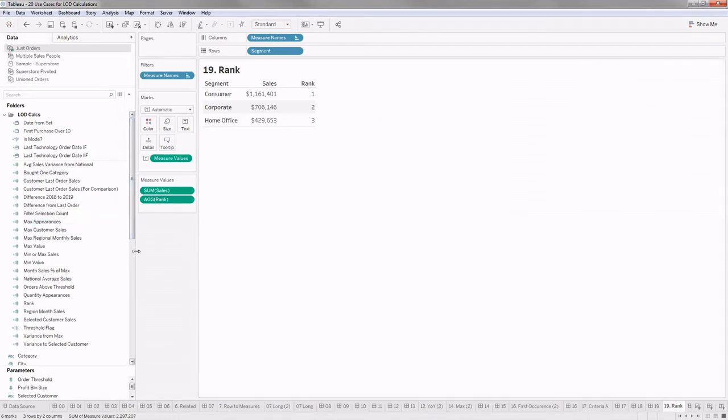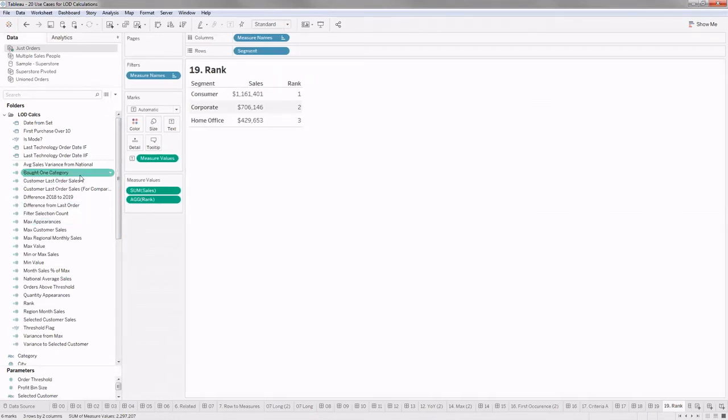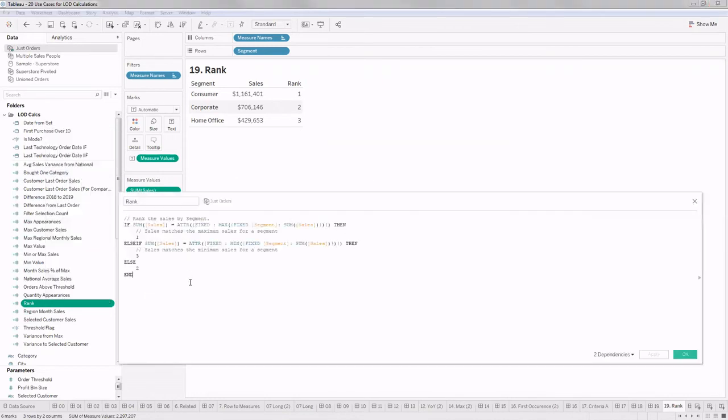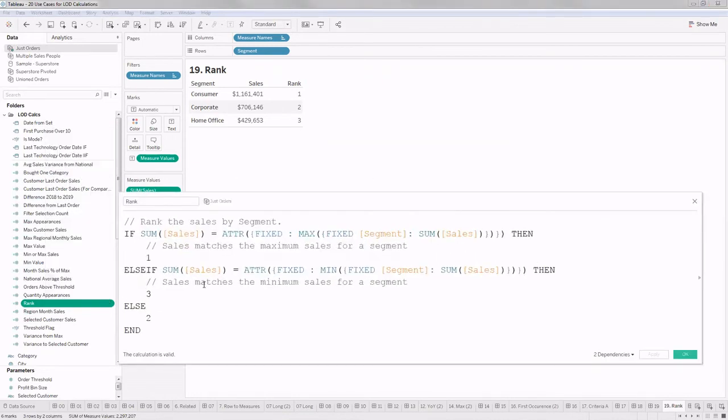For ranks, what I created is a simple, hard-coded LOD expression that will give me the rank. Let's just focus on the first part here. If sum of sales is equal to this expression, what is my expression here?